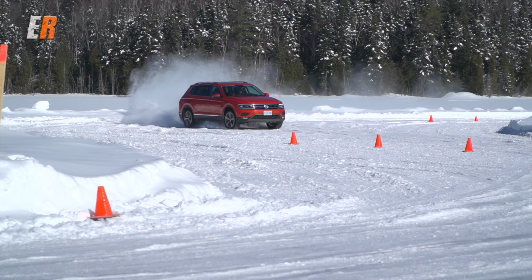Also, we are running on full stock tires. These are Continental Contact Plus winter tires. They're not studded, they're just the same tires that you could buy from the store. Let's see what it's like. It's amazing how much traction you actually have. Okay, this is kind of a higher speed. Oh, you can see this. You can see the shiny spots, which are pure ice underneath that snow,